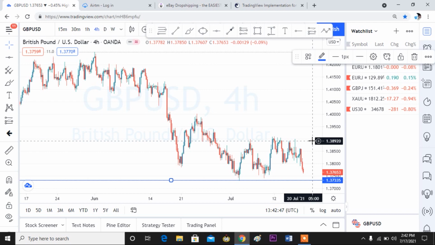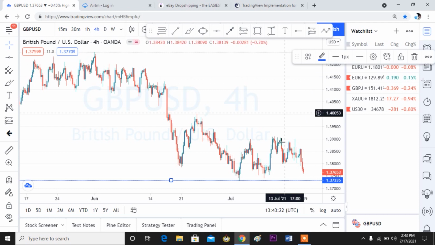So the price ended with 1.37653. Now the next question you're going to ask yourself is, what is the closest whole number, or the closest round off number, to 1.37653? It's simple. Just merely looking at the price level on the number line, one can easily guess the nearest whole number to 1.37653. And so we pull out our horizontal tool